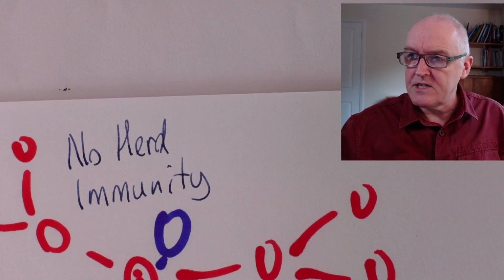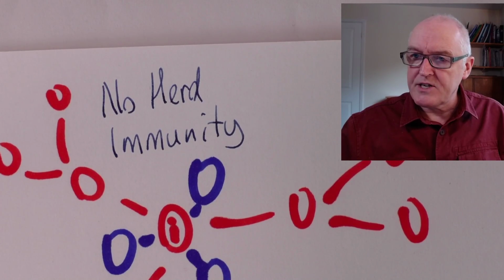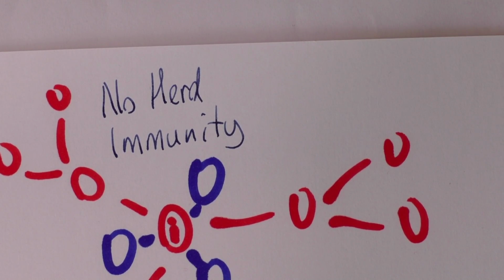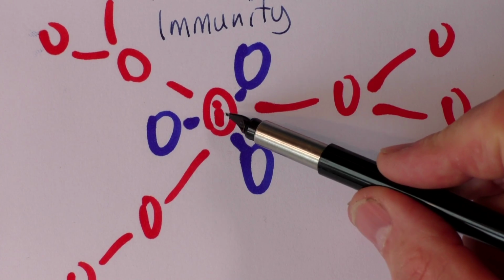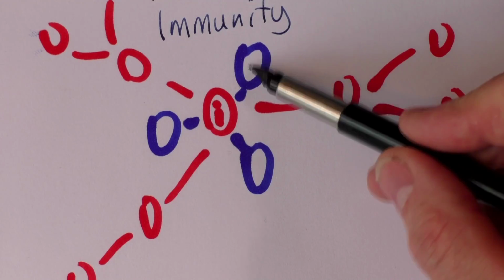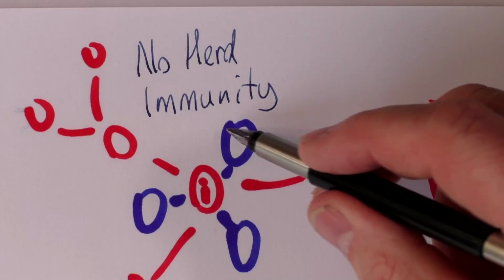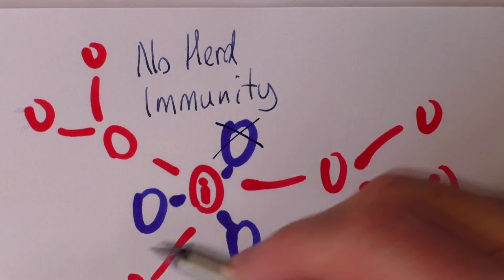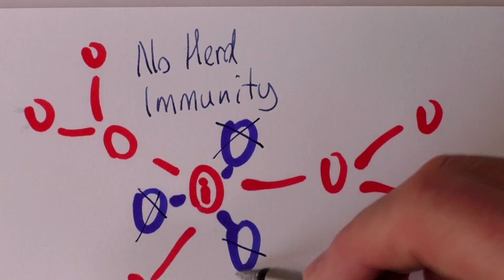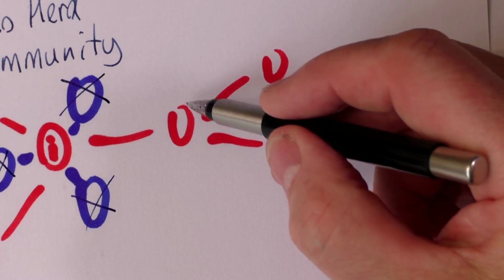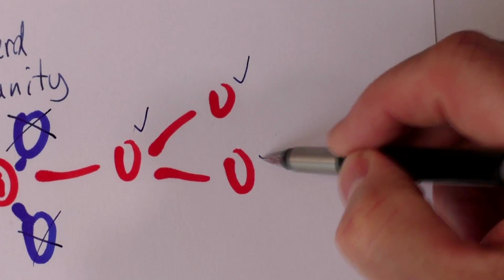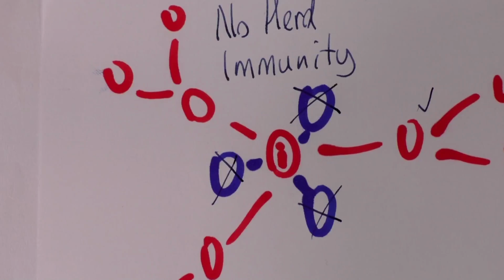I'm sure you know what this is, but I've just drawn a picture here if I can fit it in. So here we have an infected person. Now, if this person here is immune, then they're not going to get the disease. They're going to be okay. But if this person here is vulnerable, they can get the disease and they can then pass it on to other people and we get this chain of infection.